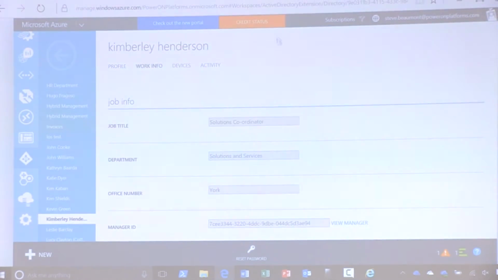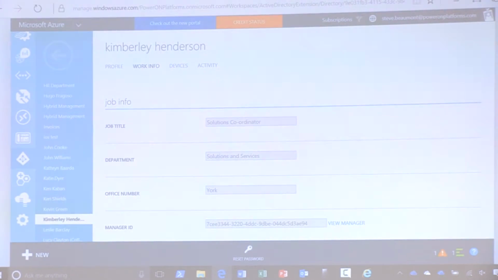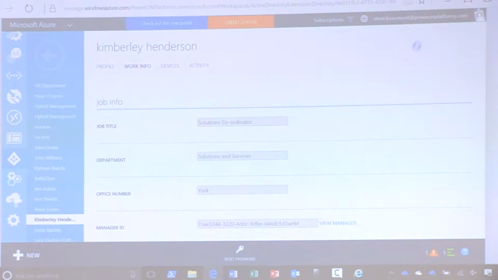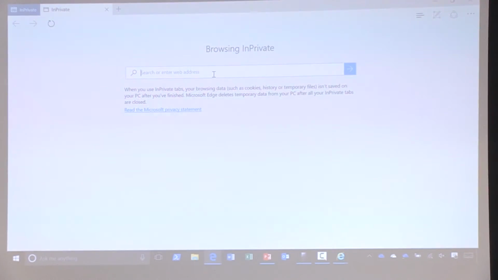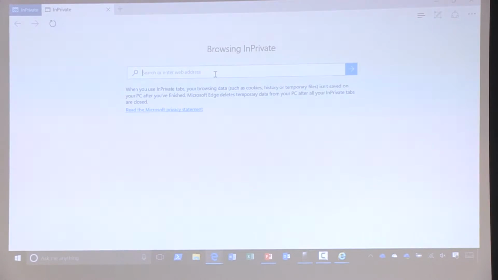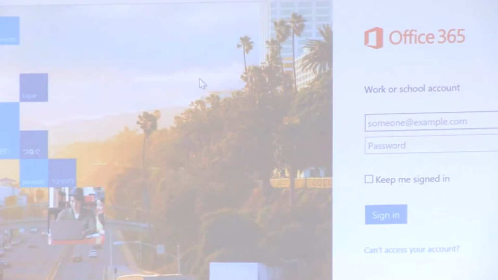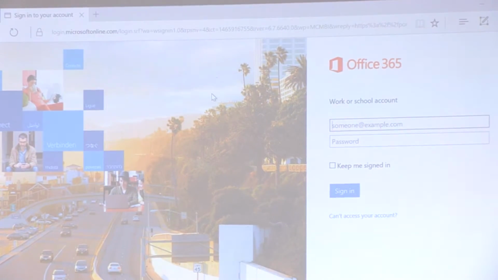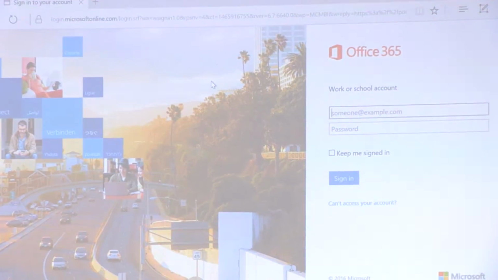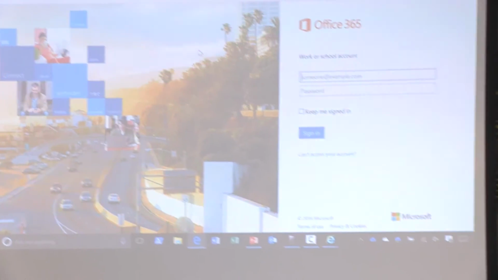Now, in saying that, if one of our users, like myself today, if I bring up a new in-private window, and I try to access something like the Office portal, so if I go to portal.office.com/myapps, it would ask me for a login. So this is where I was saying earlier about that whole single sign-on. Because I am currently sat outside of our offices and I'm on just a public internet connection, it's going to want to actually make sure that I am who I say I am. So if I go to sign on,